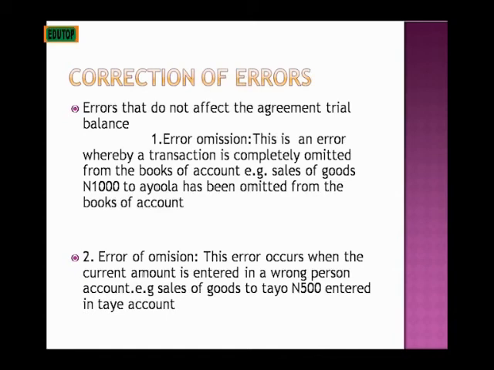Then you locate the figures, or the items that were omitted, or any error that might occur, of which we are going to do justice now. We have different types of errors in the trial balance. There are some errors that, if they are not included in the trial balance, will not affect the trial balance. And then there is another